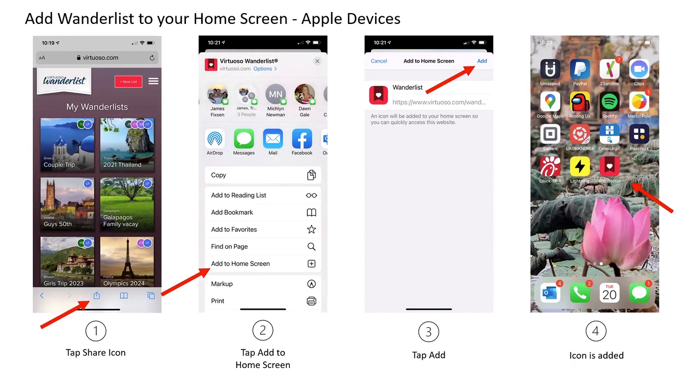Now, I don't have an Android, so I couldn't take screenshots, but I will tell you the steps are exactly the same. The only difference is the first step, which you start by clicking up here. I think on the Android phone, the hamburger menu is in the top right. You just click that and it's still the same thing. It says share icon, and then all the other steps are exactly the same. So a nice little tip that you can share with your clients.